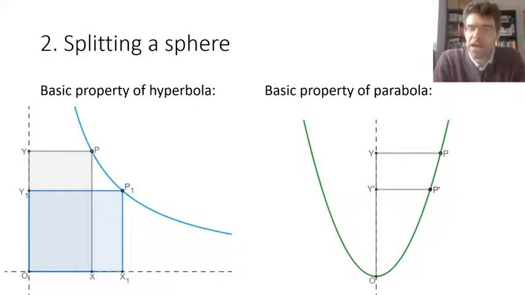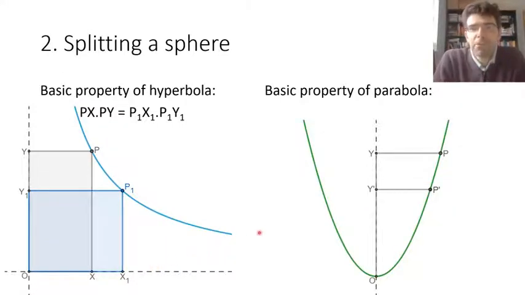And for this, I'm just going to state without proof a couple of basic properties of conics that we're going to need to be aware of to understand what follows. So first of all, in a hyperbola, if you take pairs of lines drawn in parallel from 2 points on the hyperbola to the asymptotes of the hyperbola, then those lines have the same product no matter what point they're drawn from. And here we're just going to need the simplest case, which is where the asymptotes are perpendicular to each other and the lines drawn from the points are parallel to the asymptotes.